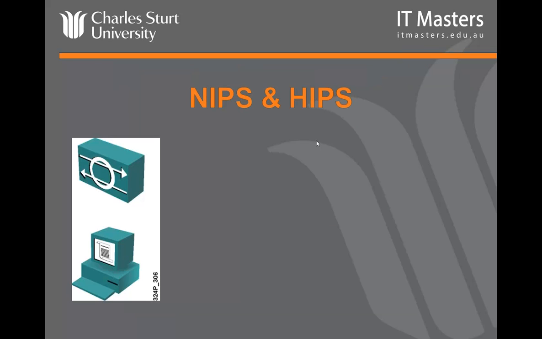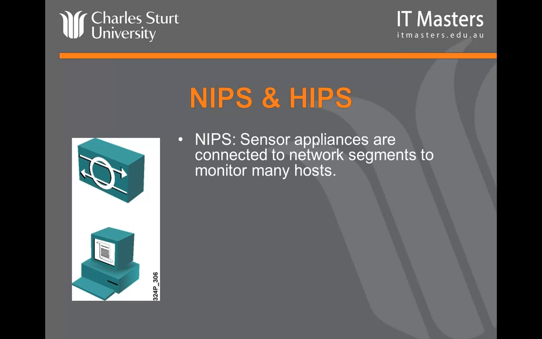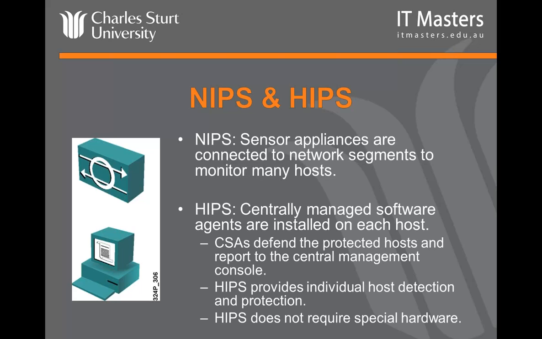So NIPS and HIPS. Network IPS and host IPS. Network IPS, or network-based intrusion prevention system, is where the IPS analyzes individual packets that flow through a network. Okay, so we've already spoken about this at length tonight. Your HIPS, on the other hand, is a host-based intrusion prevention system. So it's still an intrusion prevention system, but it's now residing on your host rather than on a network device